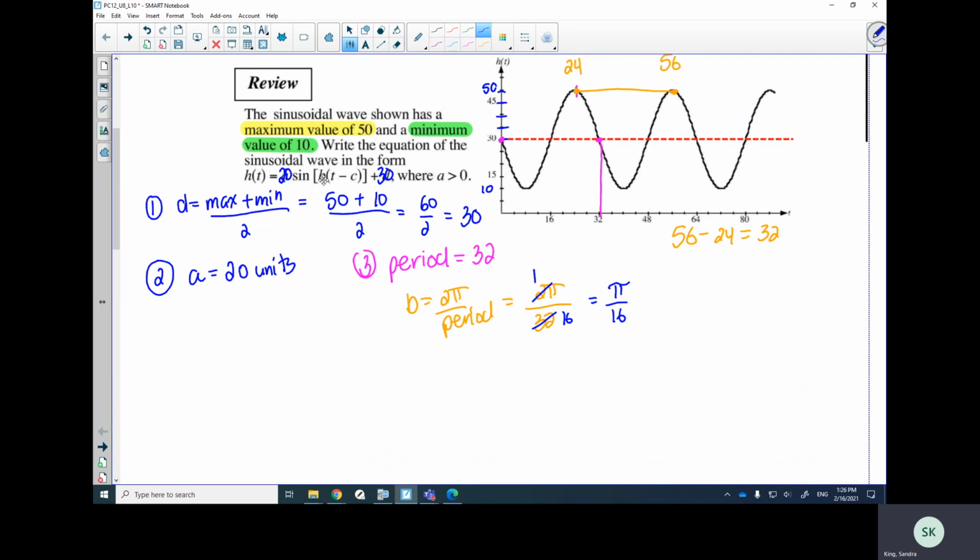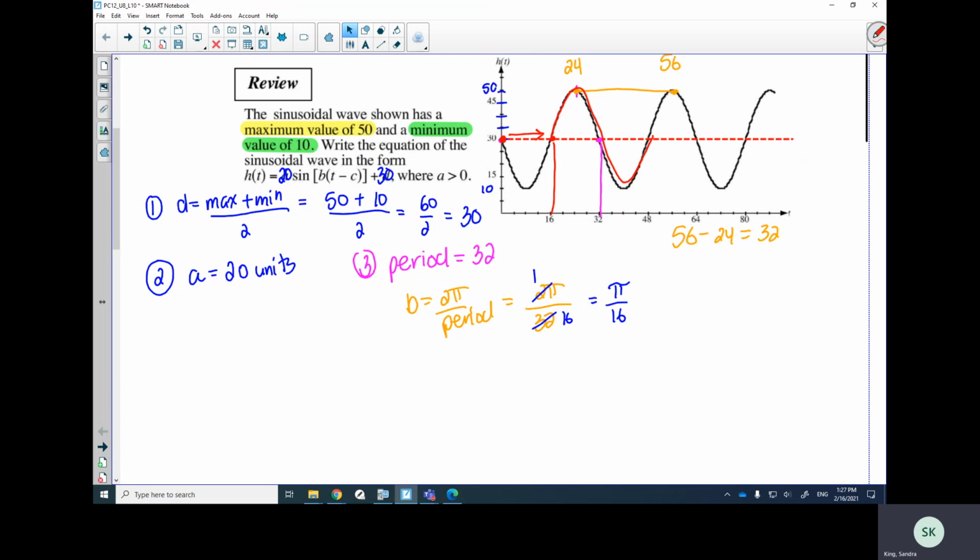Now we need to do the phase shift, right? So we need to see what the phase shift is, the c value. And remember that on a sine graph, from sine we always measure from the midline. So like this here, if I moved over here, that's the original sine graph, right? It starts at the midline and it rises. And then how many units did I move it to get to there? 16 units. So my phase shift, because it's starting here and going to there, is